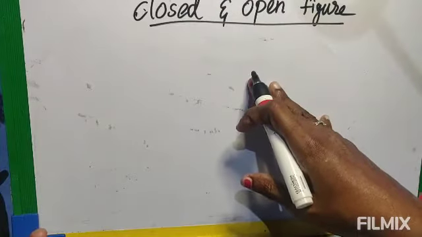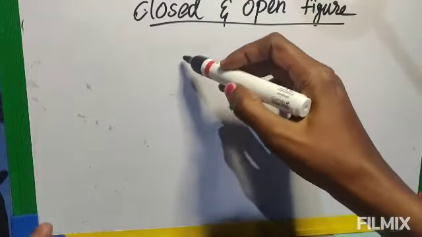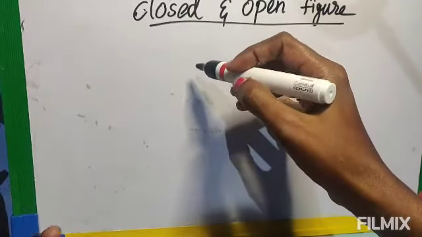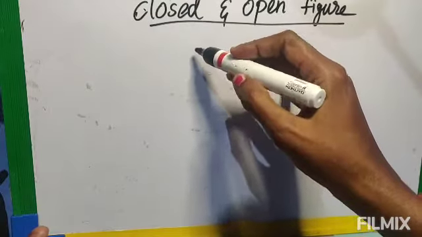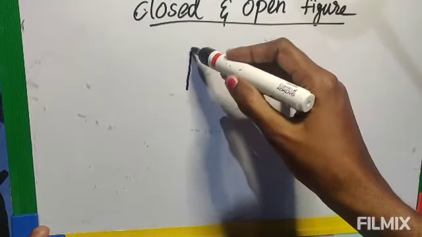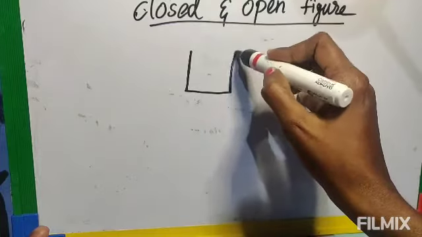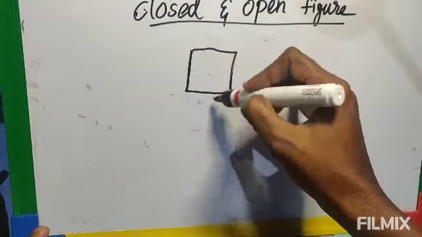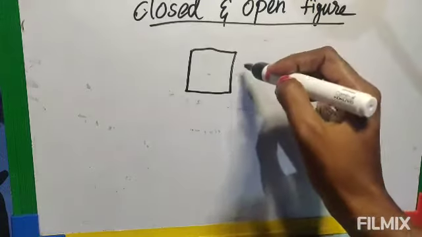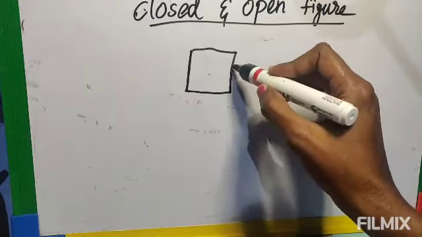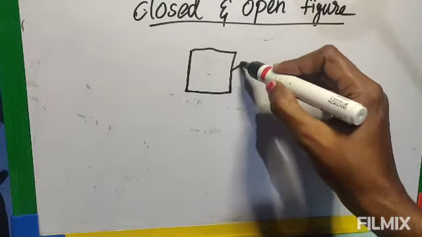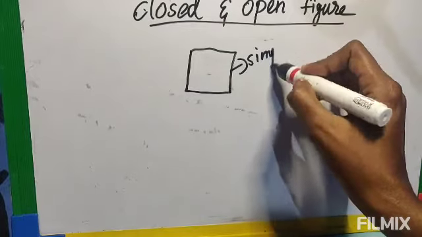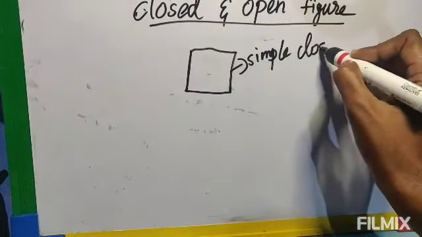See, if the figure starts and ends at the same point, but it is not crossing itself. Now, it's not given in the book, but last year's book had it. That's why I'm explaining to you. You must know the difference. Listen here. It starts at this point and ends at this point, but it is not crossing itself anywhere. So the closed figure which does not cross or meet itself at any place is called a simple closed figure.